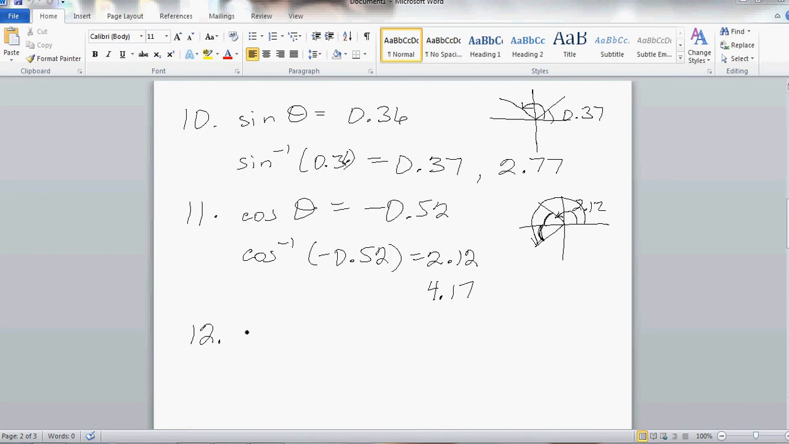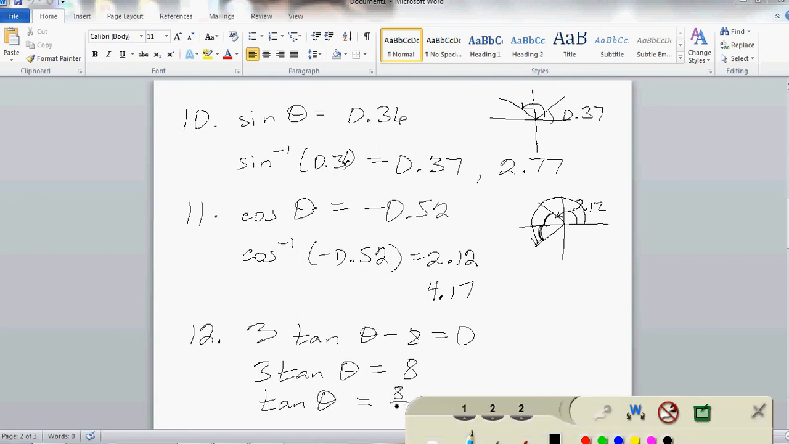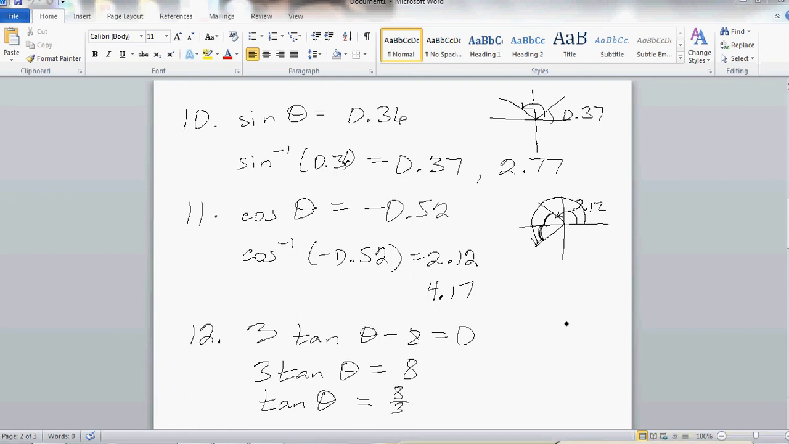And the final example for this particular video, number 12. 3 tangent of theta minus 8 equals 0. So we need to do some solving here before we can actually punch it into the calculator. So it's 3 tangent of theta equals 8. The tangent of theta, when we divide both sides by 3, is 8/3. And so we look very quickly. The tangent is positive in quadrants 1 and 3. The reference angles will be the same. Luckily, when we take the arctangent of 8/3,